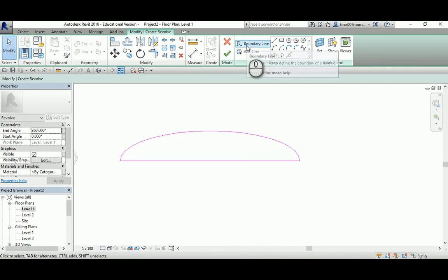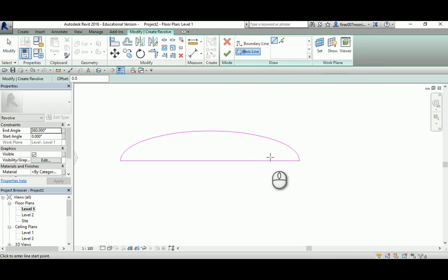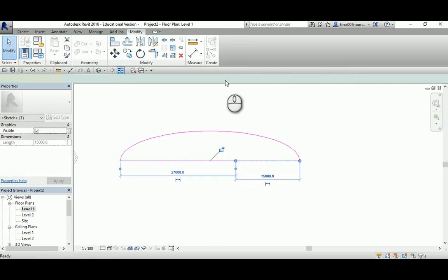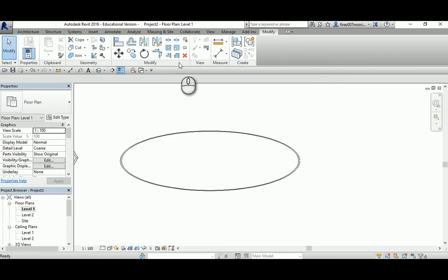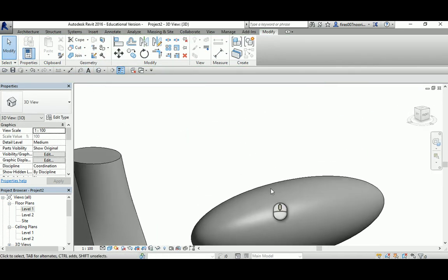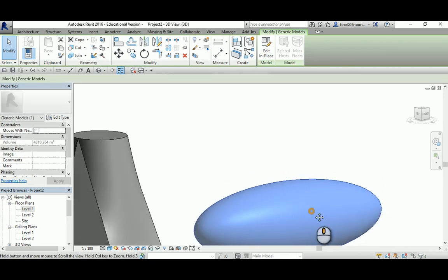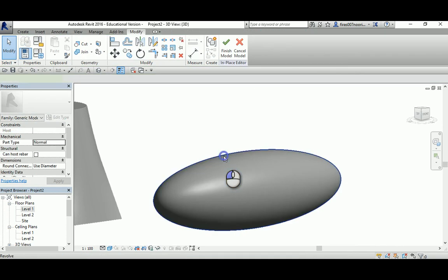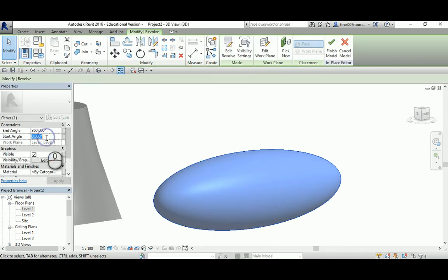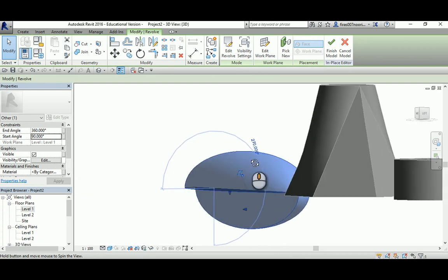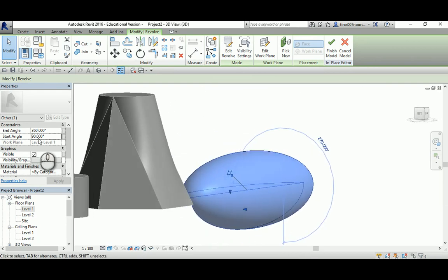That's for the boundary. Now you need to go and pick an axis anywhere, which is this one, and hit OK, finish, and then go to the 3D. We see that we actually create an egg shape or a capsule shape. You can just select that guy, and in the edit select it again, and here you can make it like 90 degree, and we are chopping here like half of it, and I can chop 180 degree to make it like a